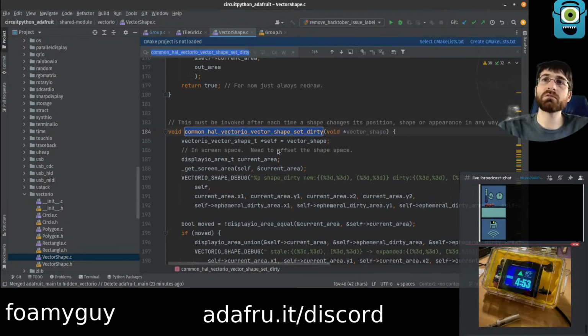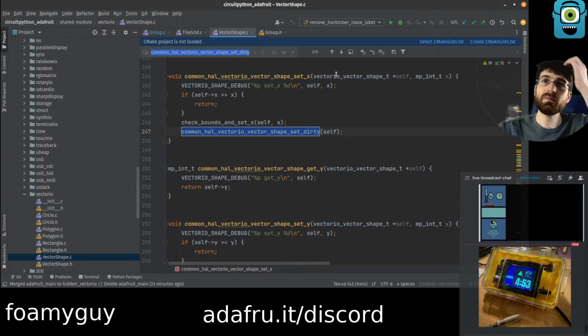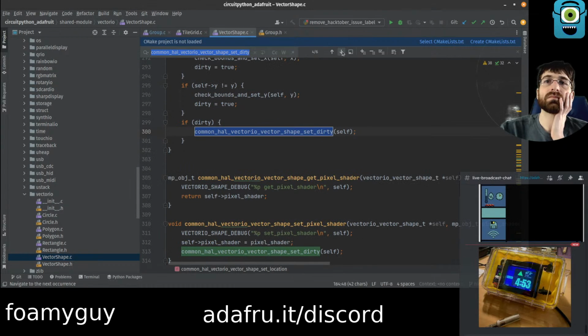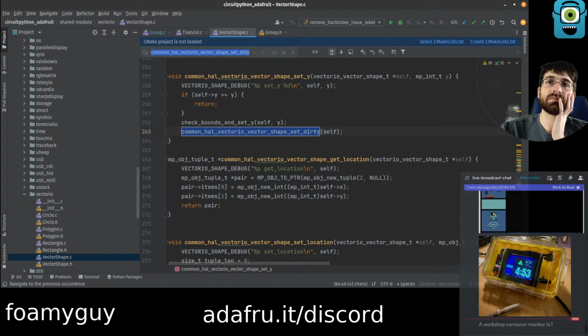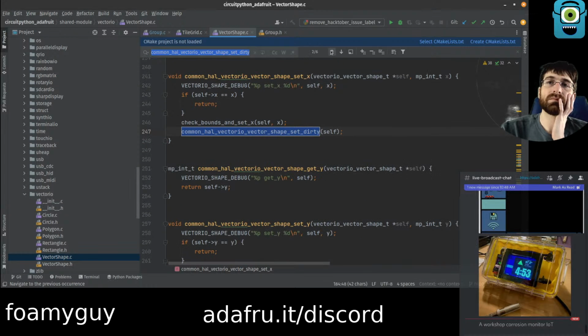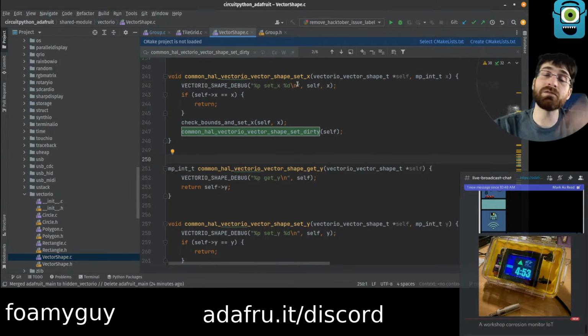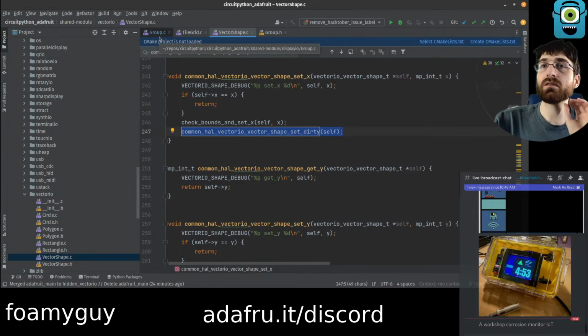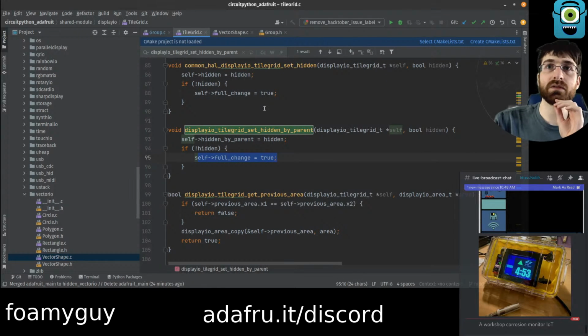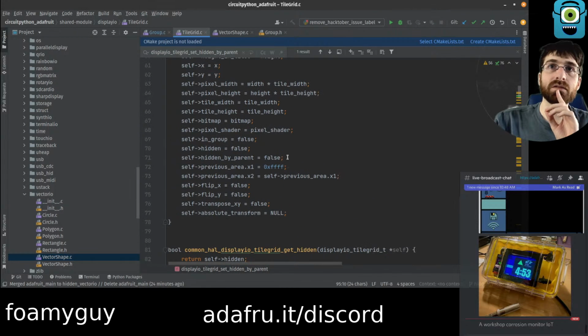Does this get called from anywhere in here? Yeah. It's always called on self though. So, okay, and it does get called from inside set X and set Y, which is why if we change the location, then it is working. So yeah, if we can figure out how to call this whenever the group gets hidden,